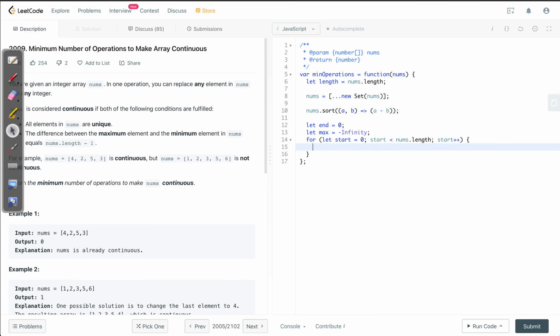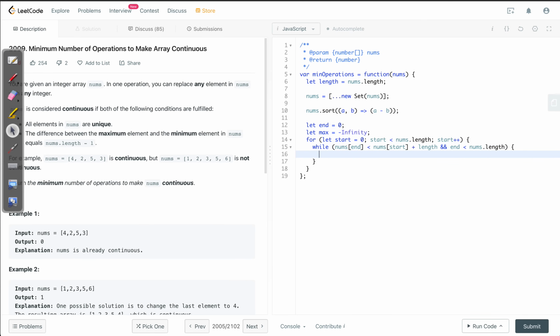Now let's take a while loop inside and consider this end pointer. So we take the end pointer as far as possible until it reaches a point where the value of nums[end] is less than nums[start] plus length, and we should also make sure that end is less than the length of our nums array.